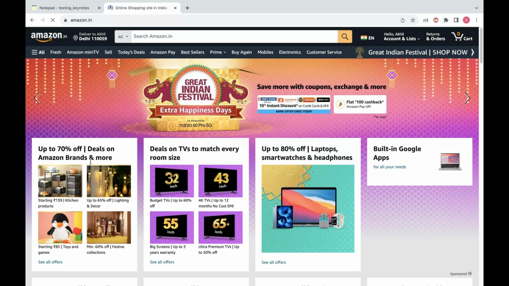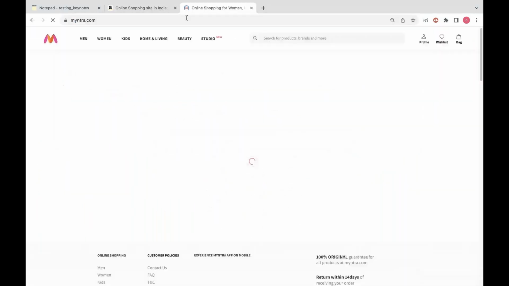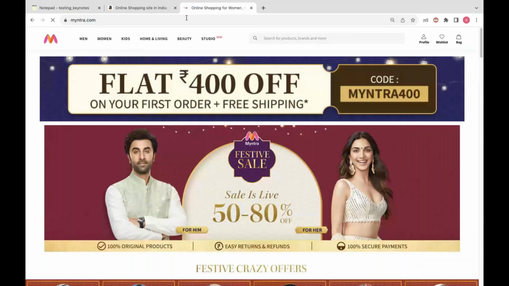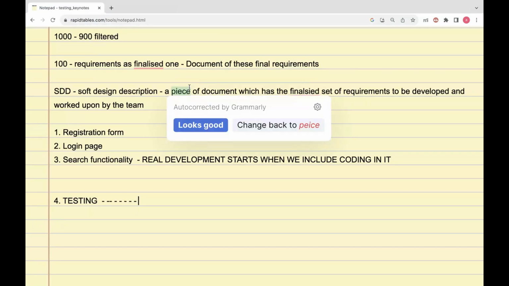If I talk about www.myntra.com, this is a live website. You go ahead and you test over here, right? You can use these applications. So once you use these particular applications, that means the code, the software is already deployed at a place which is used by everyone,